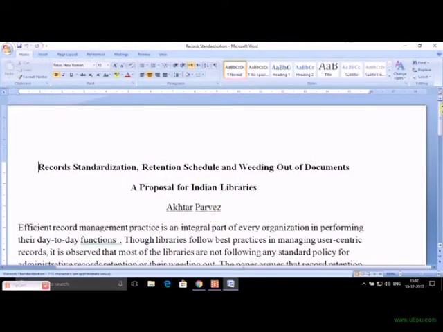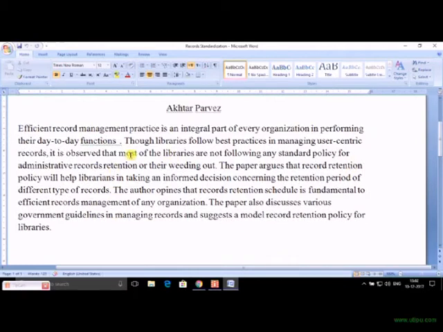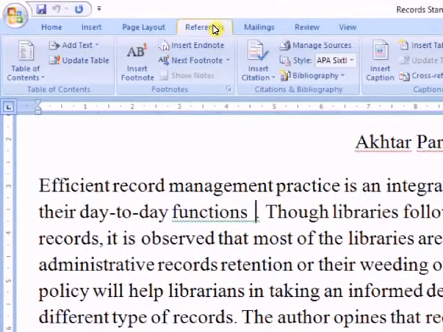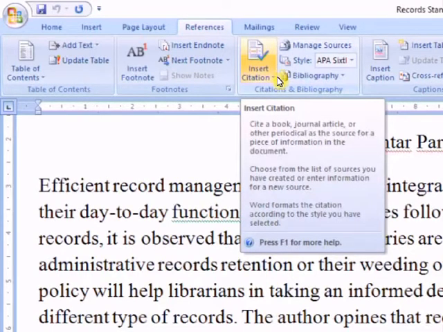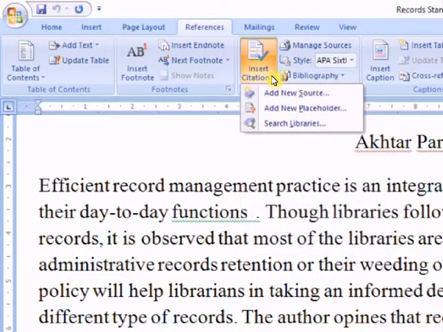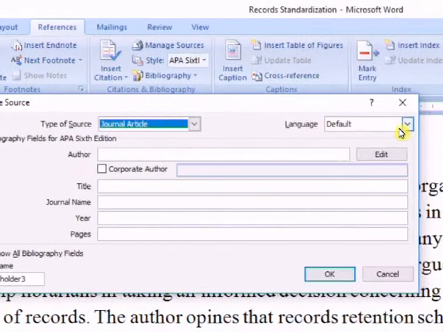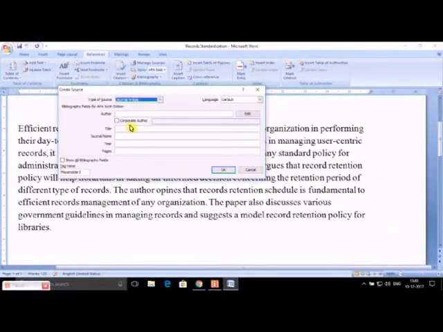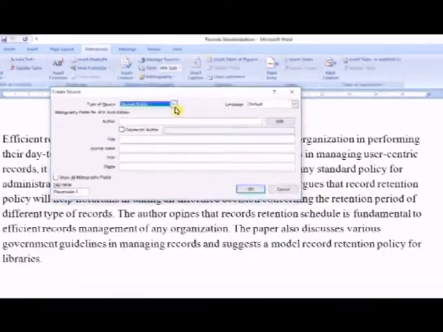So, this is a document where I want to add citations. Say for example, if I want to add a citation here, I will take that cursor to that point and then go to a references tab. So, this is the reference tab in MS Office Word, and here you see these are the buttons within references concerning citations and references. So, here I can add a citation. So, if I click here, I can add a new source. Okay. So, this is the worksheet which has appeared, and here I can key in all the details.